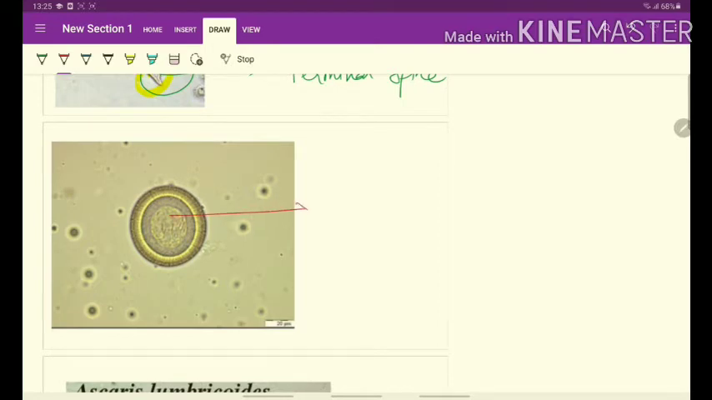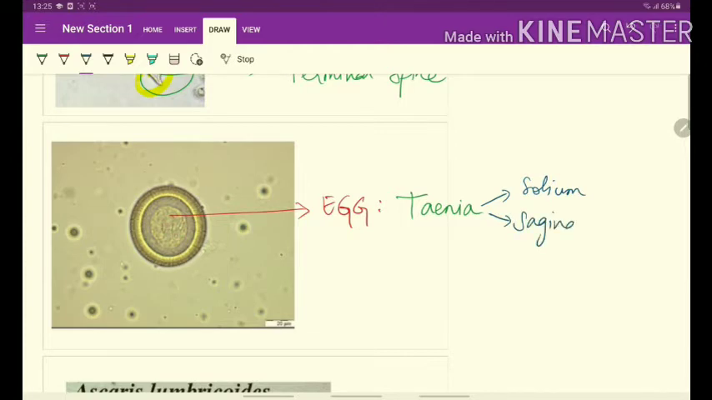Next image. This is an image showing the egg of Taenia. Both Taenia solium and the Taenia saginata. Pork tapeworm and the beef tapeworm. The egg of Taenia shows a striated, so these are all the striations present. Striated inner membrane